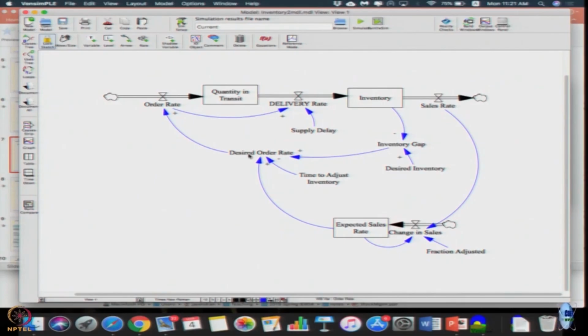We ordered something today, I know it is going to come after 2 days, but the next day I immediately look only at the inventory and at desired inventory. Oh, the gap is large. Okay, let me again order. And then let me again order. So, the result is that initial orders overshot more than what you actually need, because initially the gap will keep